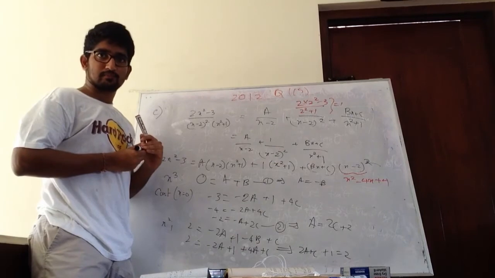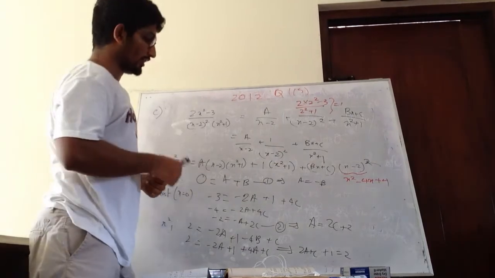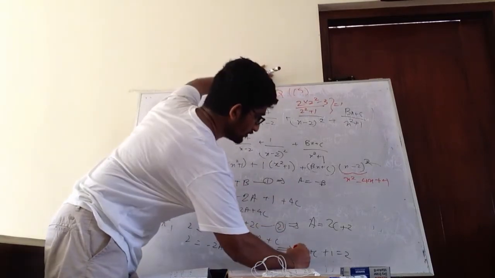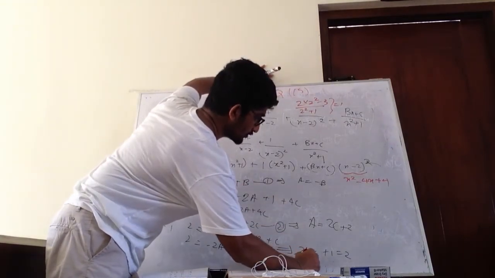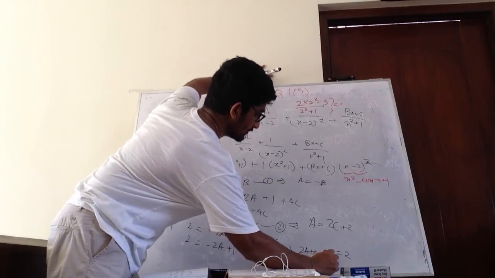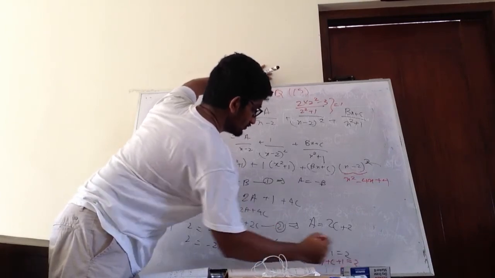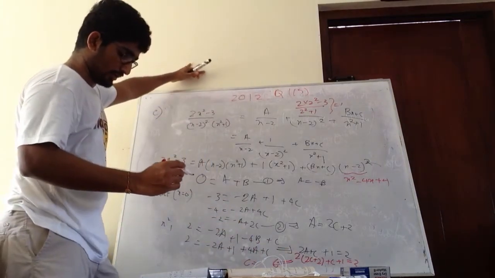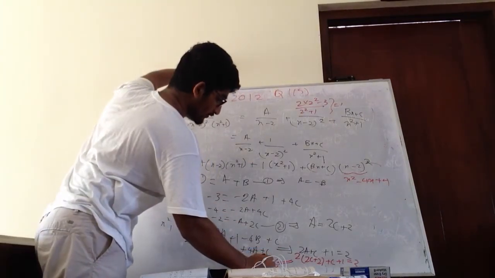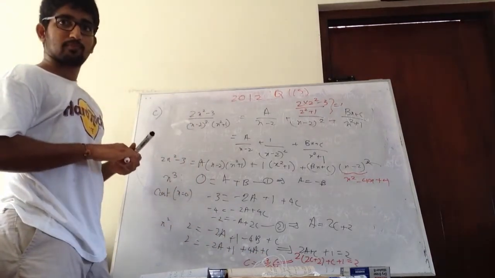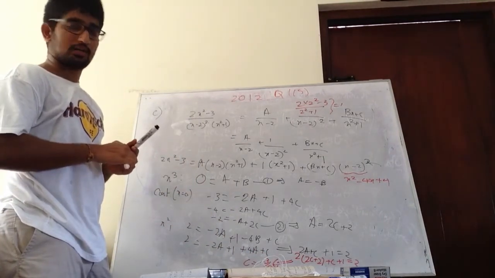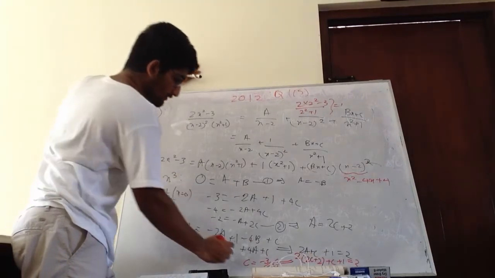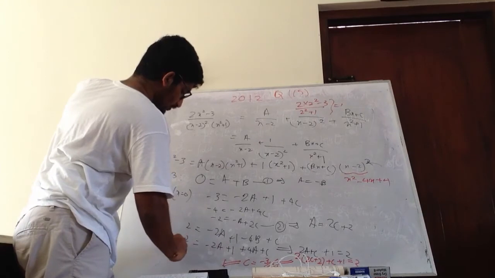Right? Correct, no? So here I am going to substitute for a. So that is going to be 2 times 2c plus 2 plus c plus 1 is equal to 2. Then you will get c as minus 3/5. Okay? So you get minus 3/5. Then you will get a as